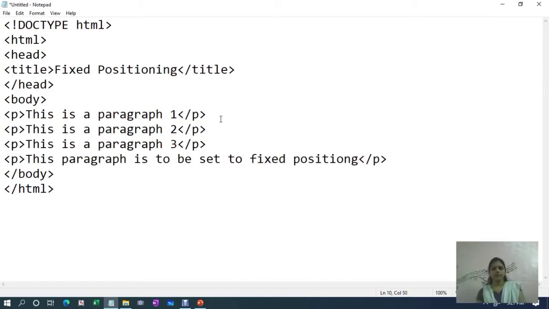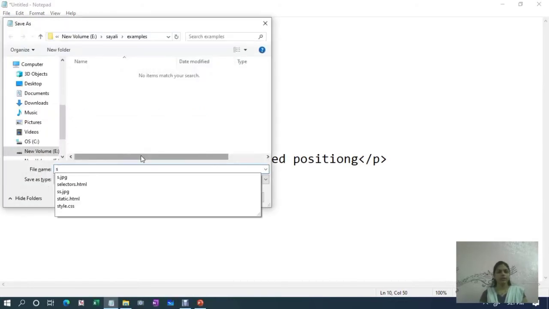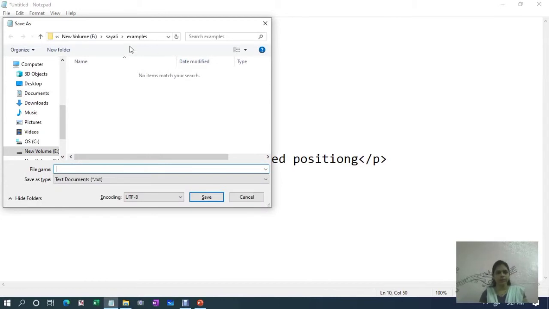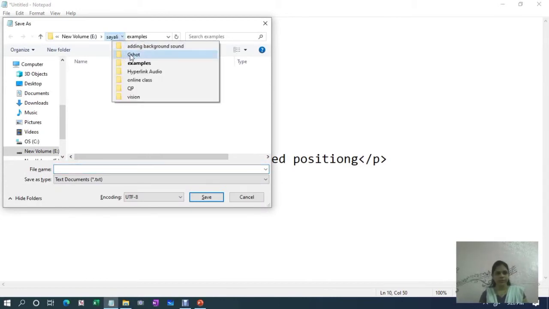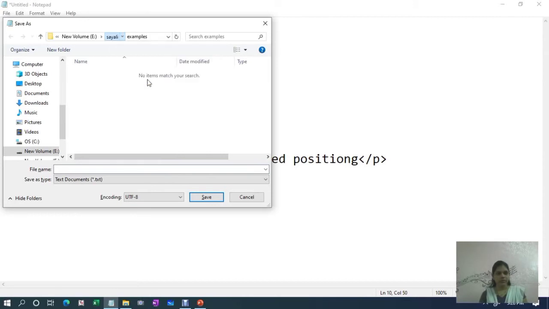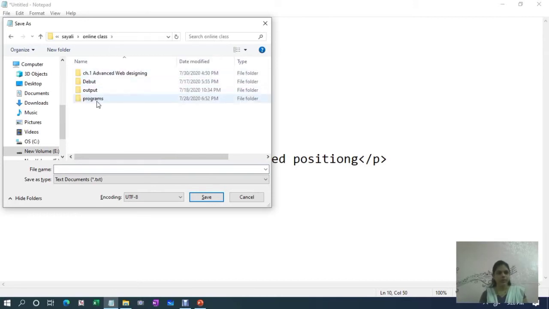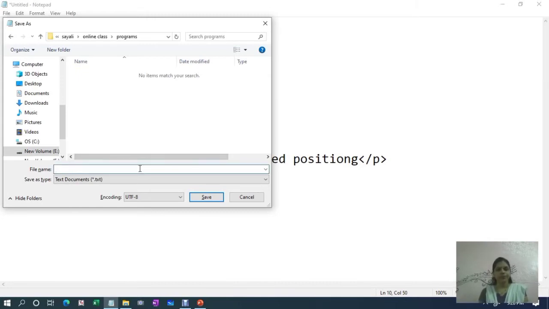Now we have not yet used a position property, but let us first see how all these elements look on the web page. For that, save your program. Within your folder, select the folder where you want to save the program. Then type a name, fix.html.